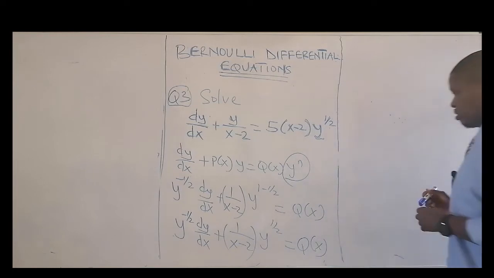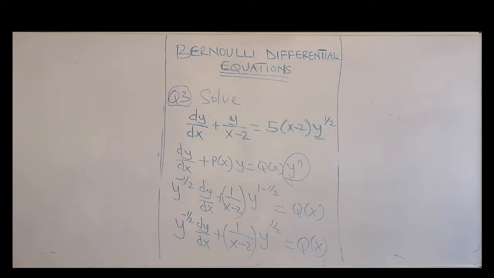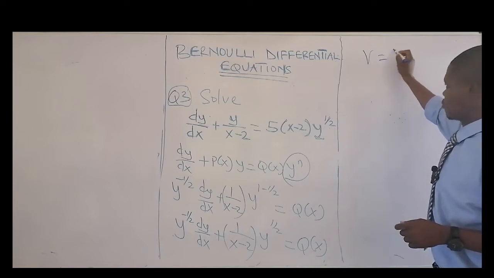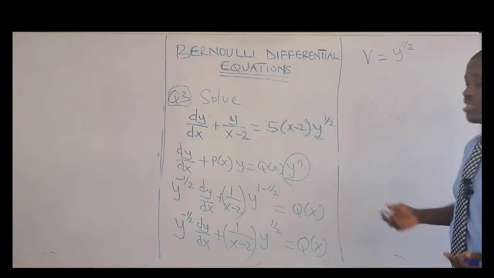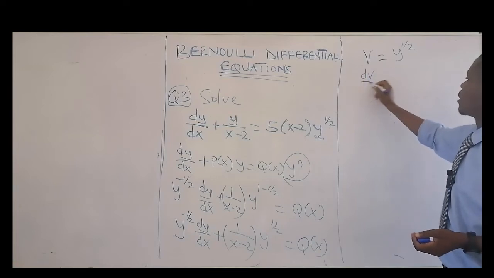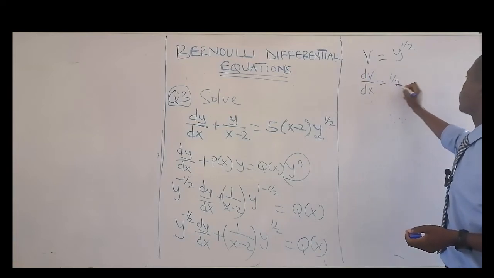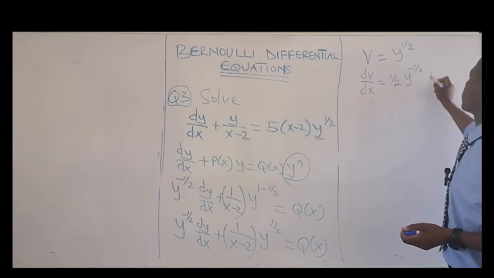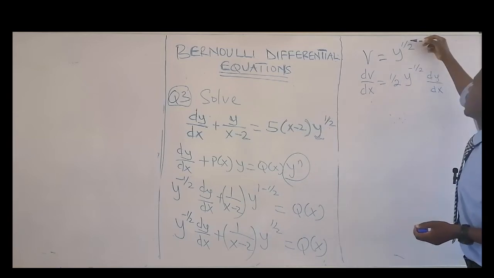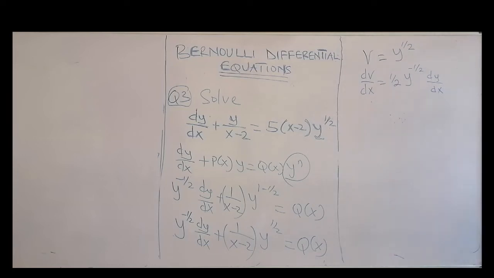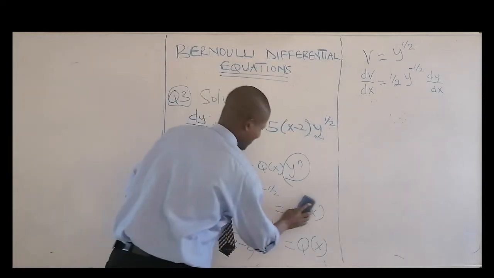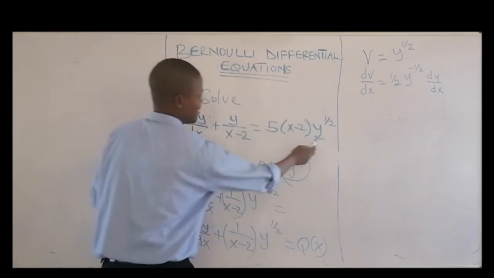Do substitution for y to the power half. So let v be equal to y to the power half. Then you can differentiate implicitly, and that will be dv/dx equal to half y to the minus half dy/dx, because half minus 1 will give you minus half. Then this will be equal to your Q of x, the moment you divide the equation